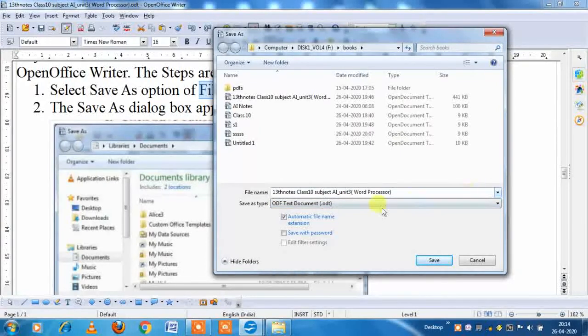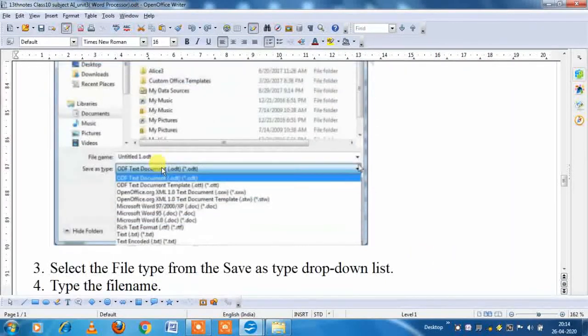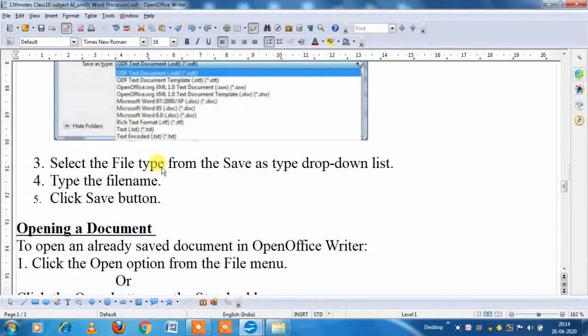And after selecting the save as type, click on the save button. Your file will be saved with the selected file type. So in the Writer window, we can save our file with different file formats also.